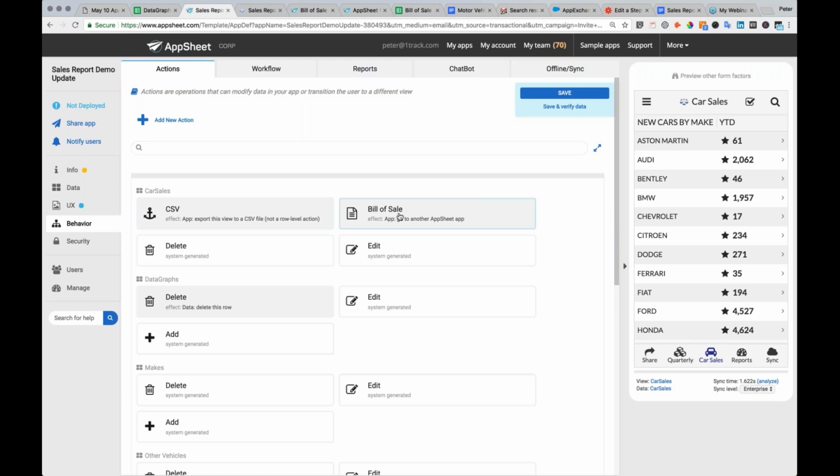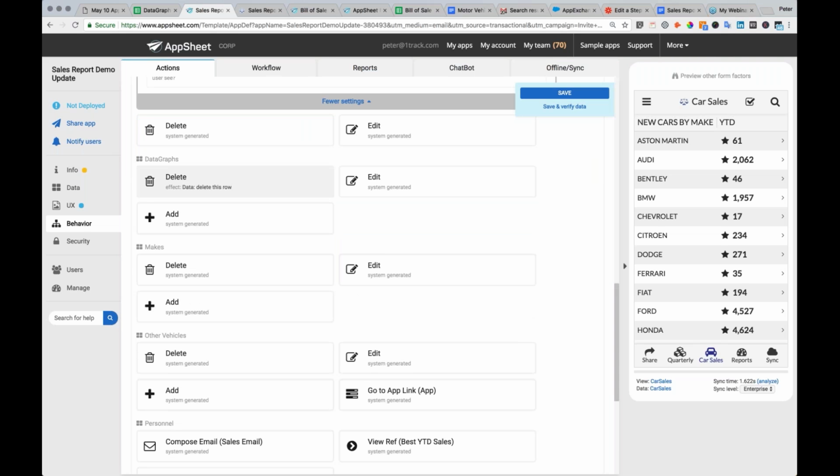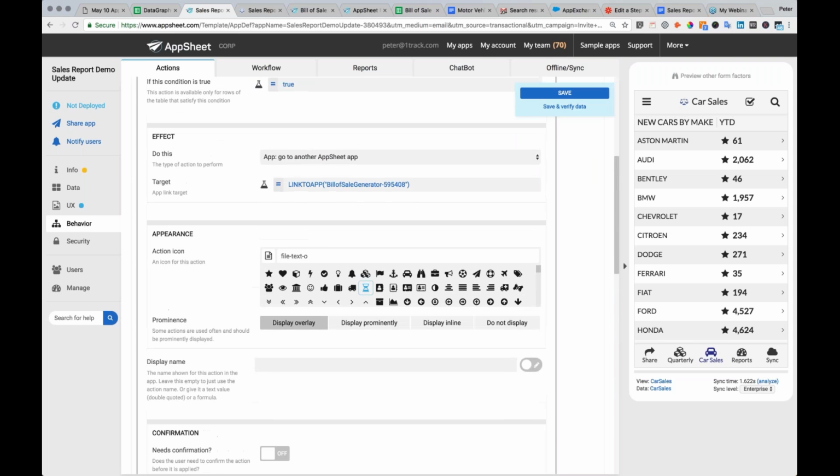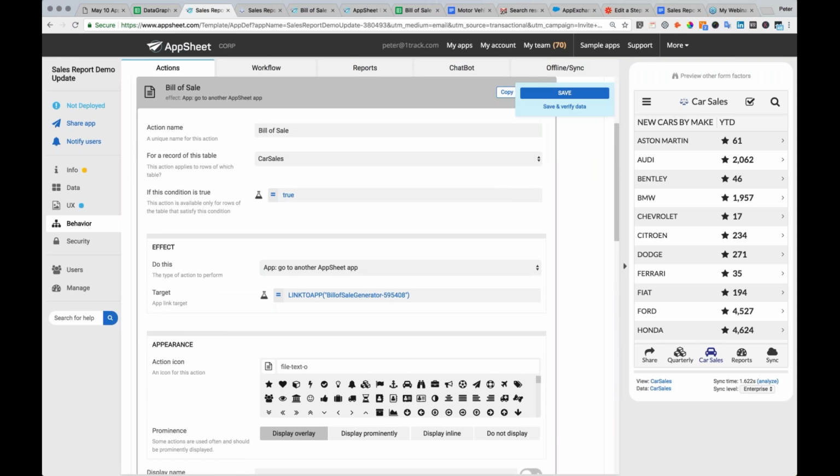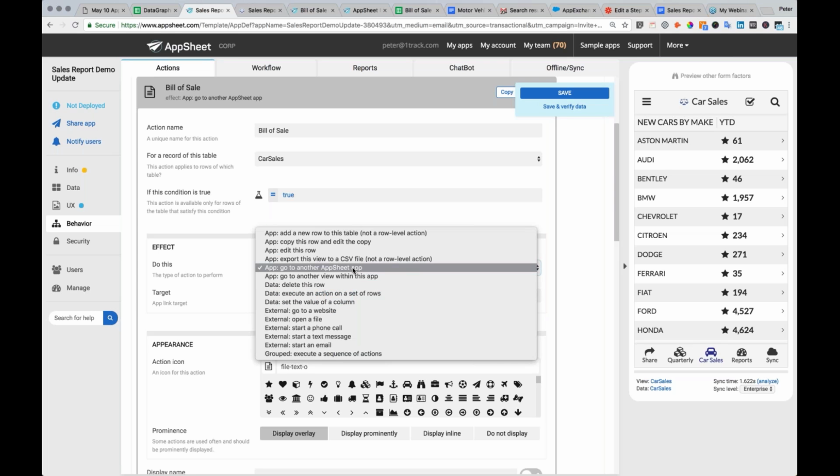And actions are a great way of linking or changing behavior. So let's just pull up this example. I've created a bill of sale action. And what this particular action is going to do is go to another AppSheet app that I've created. But anytime you set up an action, it can do a variety of different things. The most common default actions are to add a row, so submit a form, to edit an existing row, or to go to a website